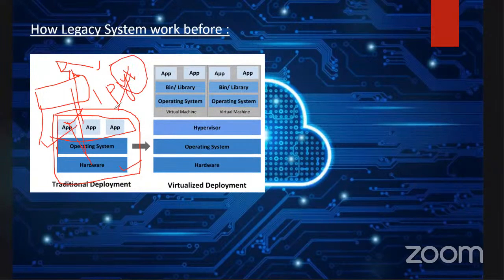Another client is coming and signing up with the project, but the requirements for the physical machine will be different from project to project. I cannot say that every customer has the same requirement. Each client has different requirements, and based on that we need to purchase the physical machines. So a lot of hardware equipment is required. It is totally difficult to maintain. The entire software development life cycle, SDLC, becomes difficult,